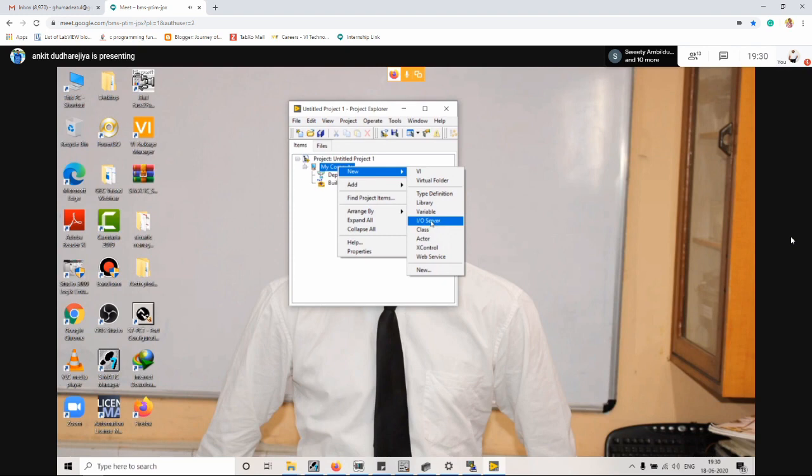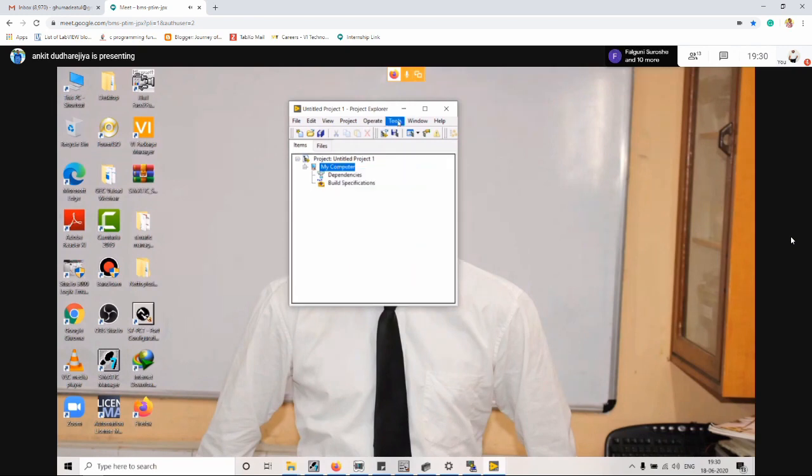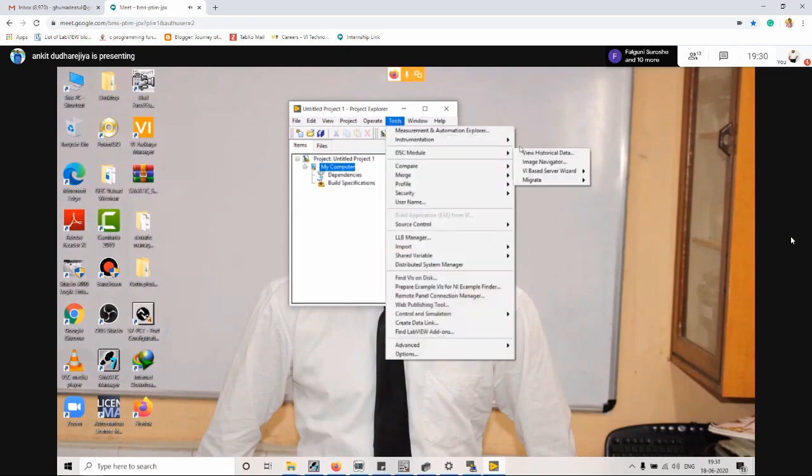Now when you practice on your system, you will not be able to find this option, IO Server, because whenever we were installing LabVIEW, at that time we did not install one module that is called the DSC module. So if you want to communicate your LabVIEW with PLC, if you want to create a SCADA screen, good animations and good graphics in LabVIEW, then you compulsorily have to install the DSC module.